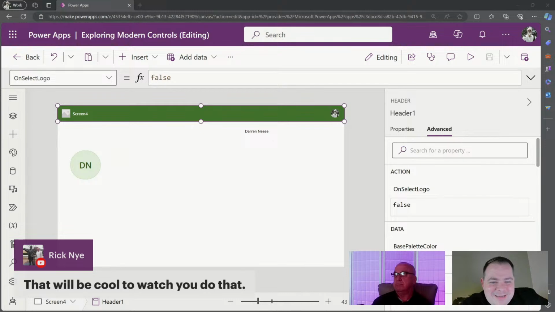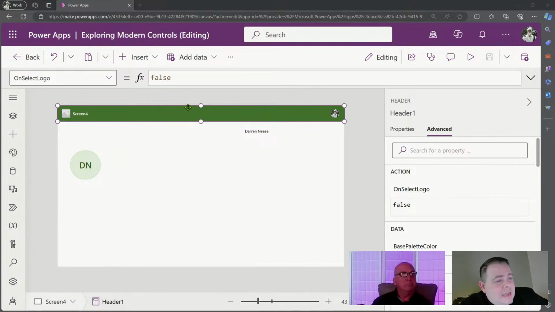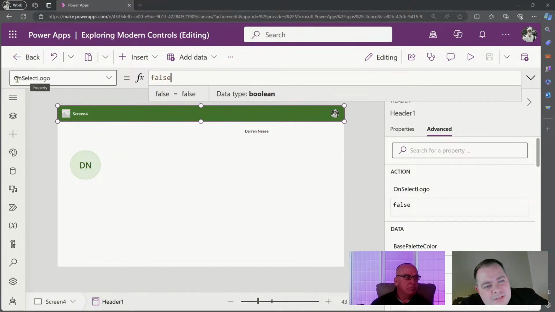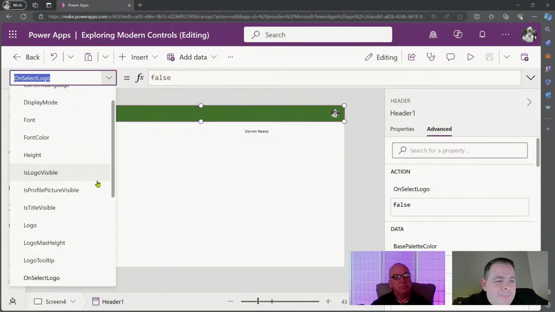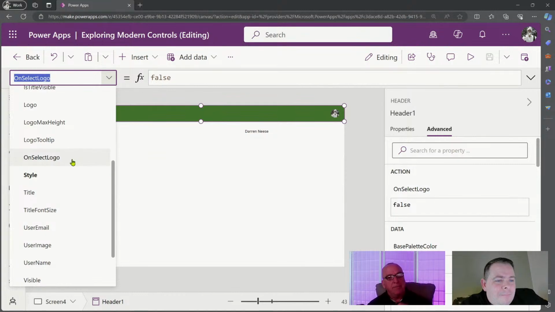Awesome. Fantastic. Now, something I was going to say about this header control, Kurt, did you notice this? What's up with these properties that start with on? Yeah, in my world, they're really events. Yeah, if you come from an object-oriented background,